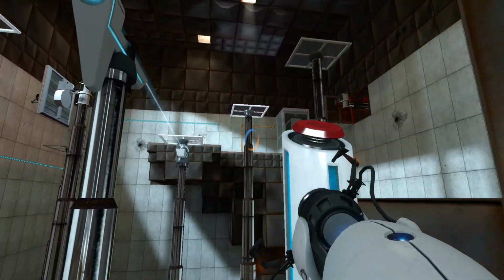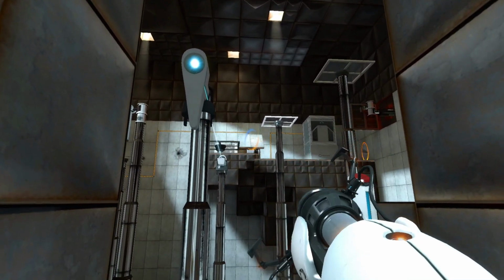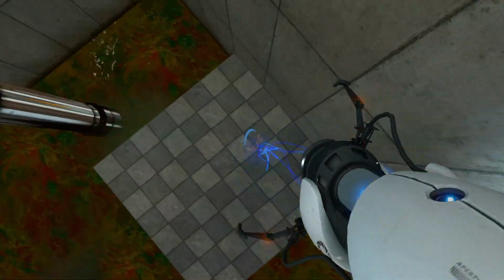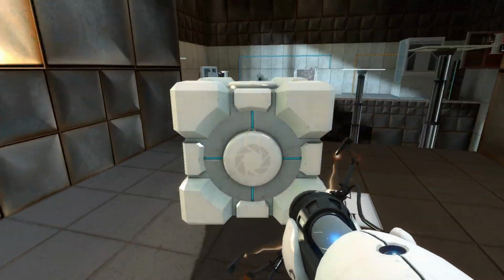So we have to do a lot of quick things in a short amount of time. So pressing the button here, we can put a portal here, and then as soon as that's in position, we can get back here. That's orange, so then we can jump down and shoot blue and launch away over to our cube here. And now